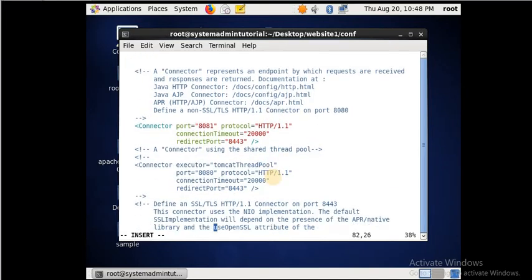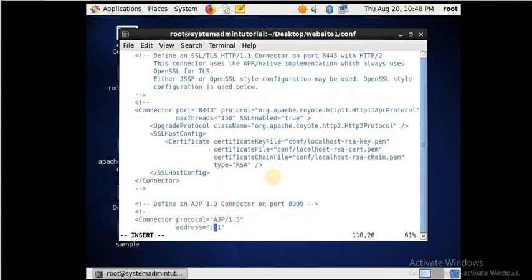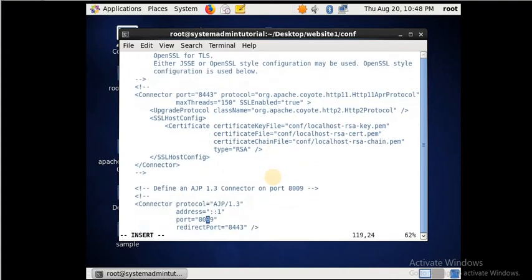Okay, so next is 8109. The pattern we are using is, for website 1 8109, website 2 8209, website 3 it is 8309.